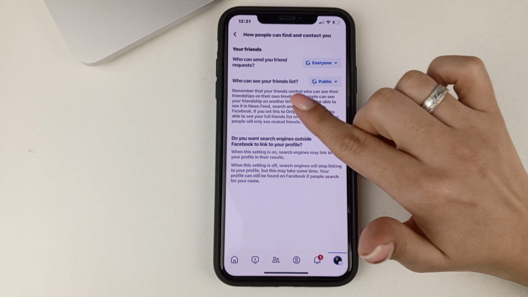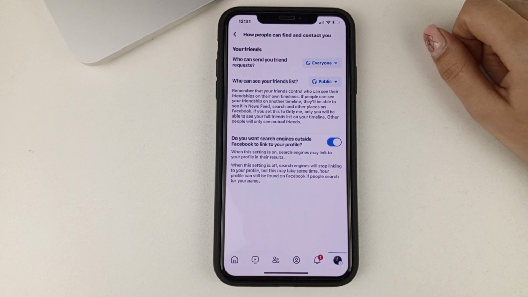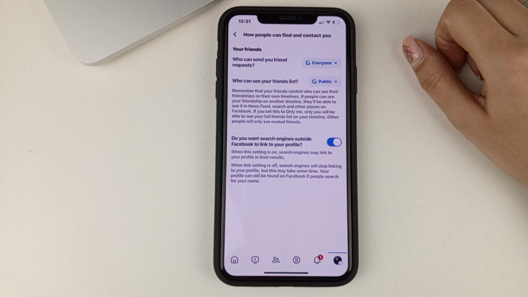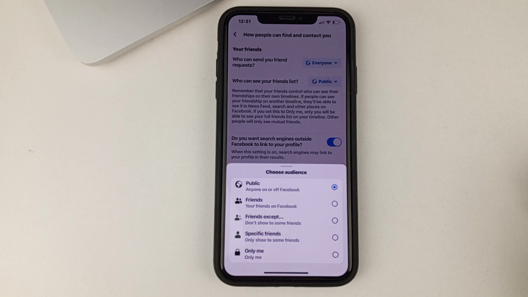And then we're gonna have a question here. Who can see our friends list? The default setting on Facebook here is that everyone can see our friends list.